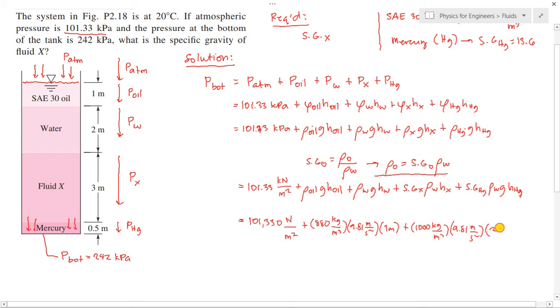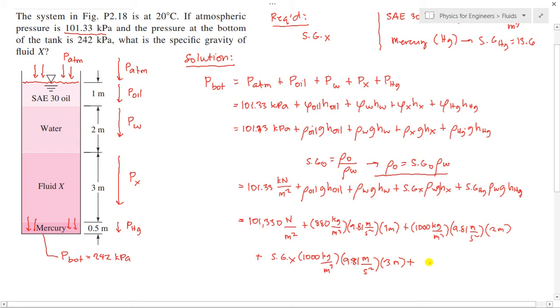That is 2 meters, and then plus SG of the fluid X, we don't know, mo na ang unknown, times the density of the water, that is 1000 kilogram per cubic meter multiplied by napalay ni G diri, acceleration due to gravity, that is 9.81 meter per second squared, then multiplied by the height of the fluid X, that is 3 meters, then plus the